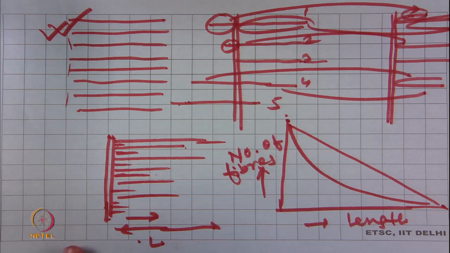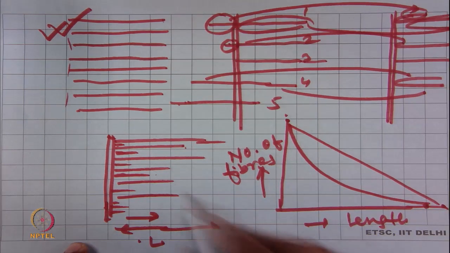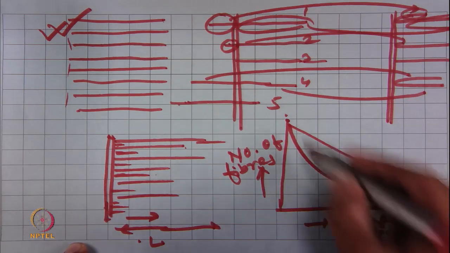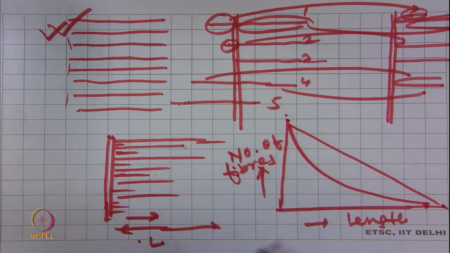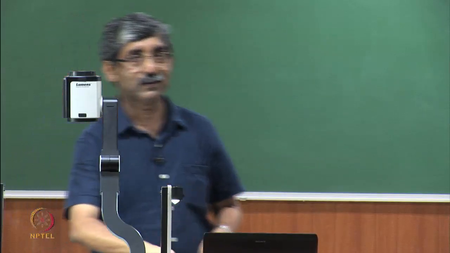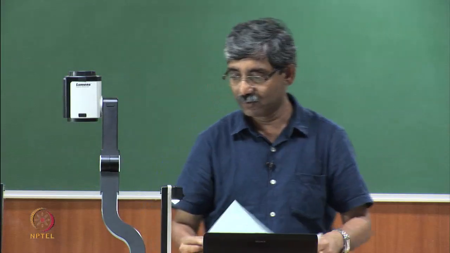That means the maximum length is almost the longest fiber, but this curve is called the fibrogram. This we will discuss when we discuss the fiber length. So, this is the length bias technique,